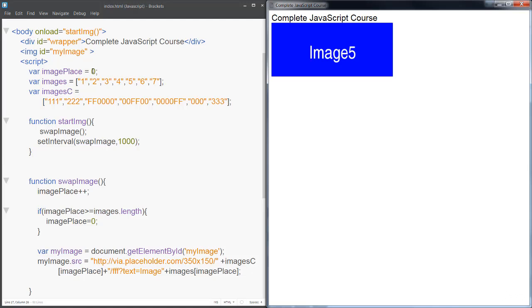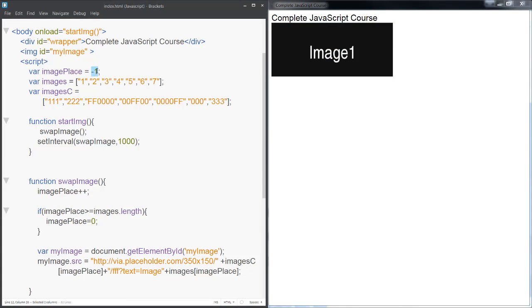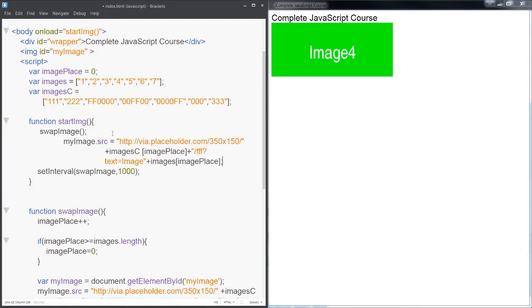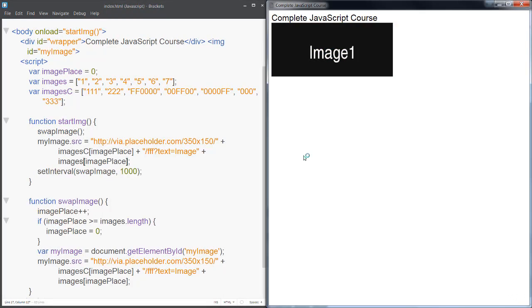So we could also start out the default value of place image to -1 if we wanted. So that would take care of this as well. So there's a number of ways to get it to start at image 1. Or if we wanted to, we could just simply update the value here with some of the default values that we have. So that is another option, and just clean it up a little bit, and we could refresh it